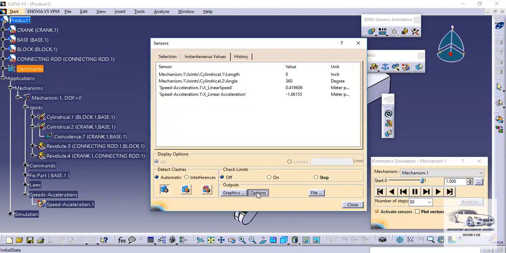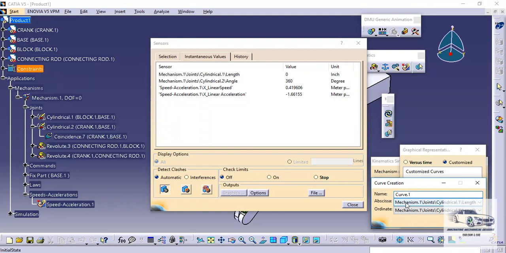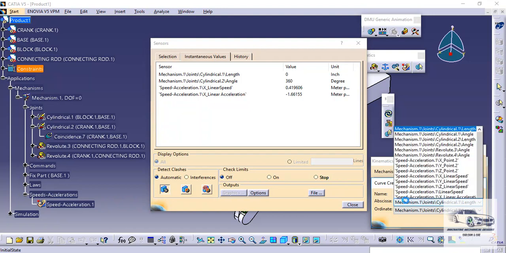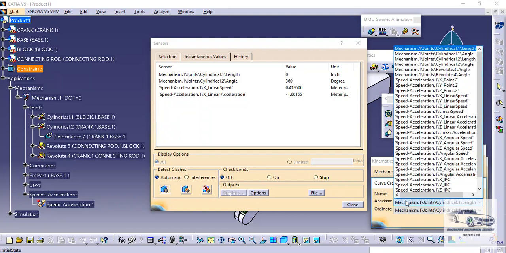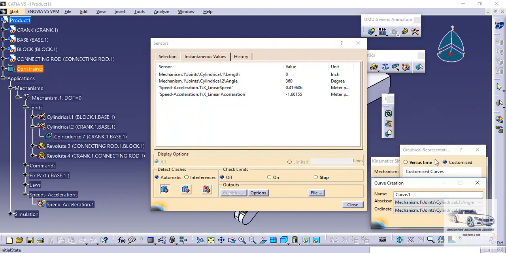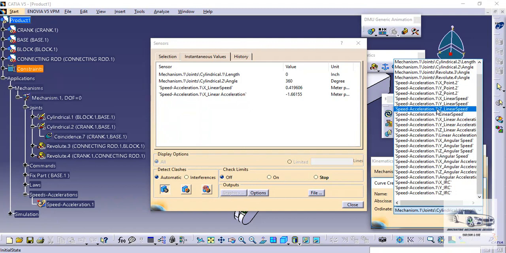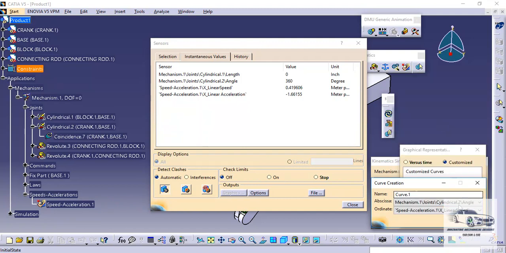So for that we will go to options. Here I will go to customize, and in customize I will go to edit or add. Now in abscissa I will select this mechanism 1, cylindrical 2, angle, and for ordinate I will select this speed acceleration 1, linear speed.